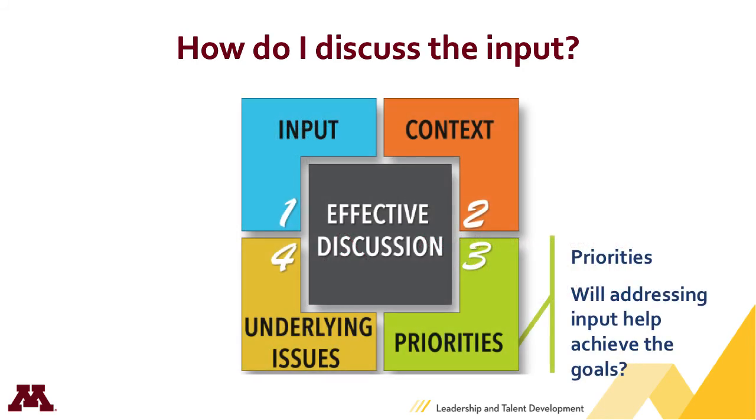Once you've considered the context for the input, think about what needs to be accomplished over the next year or two in order for your team or department to be successful. Consider the input about engagement and determine which issues need to be addressed to achieve your goals and priorities. For example, if your department needs to be more productive to adjust to a growing workload, you may prioritize input about ways in which work is inefficient and workload is not distributed in an effective way.